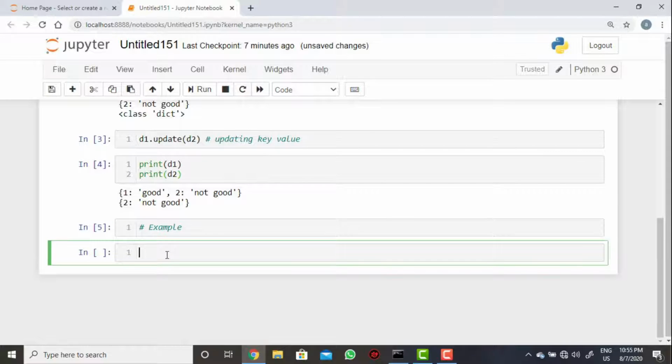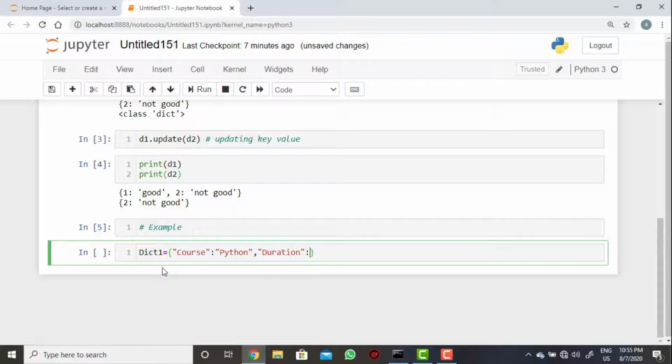I'm just taking dict1 equal to, course is the key, and the value will be Python. Then another one I'm taking, duration, it will be 40 days.